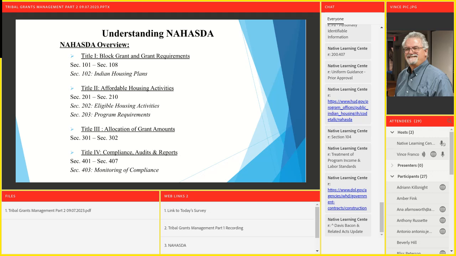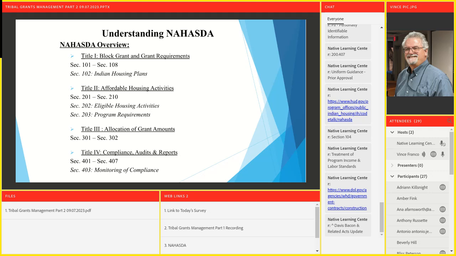Eligibility, admissions, and occupancy are kind of a burning issue, always on the short list of training programs when it comes to housing. And it's addressed here in program requirements that if you're going to receive Indian Housing Block Grant funds for low-income Native American housing, you've got to have admissions and eligibility criteria in place that meet the federal standards. So another area where it behooves you to understand where the legislation is coming from and what they're saying.